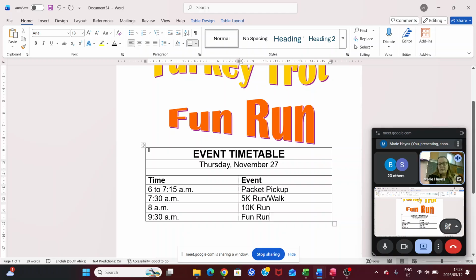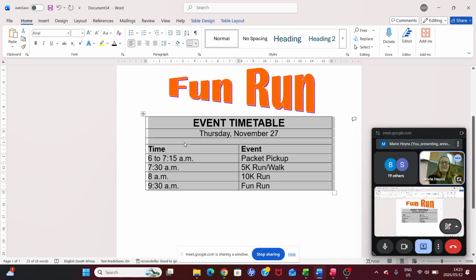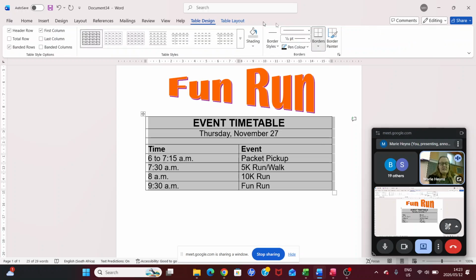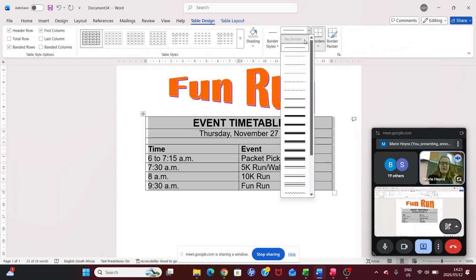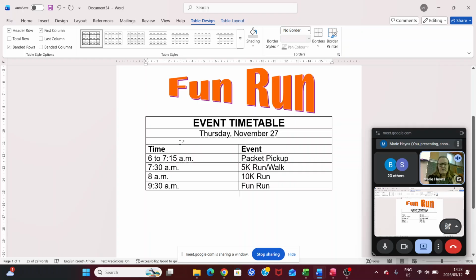Okay. So that is our table, and we are now ready to remove all the lines from the table. This is something that I'm sure everybody hates already, but it's not difficult to do. So I'm just going to go to table design, and then we are just going to say no border. And when you are seeing your little brush like that, you just touch all the lines. Let me just unclick here. Table design, no border, and then I'm touching all the lines that I want to remove. Why is it not working today?